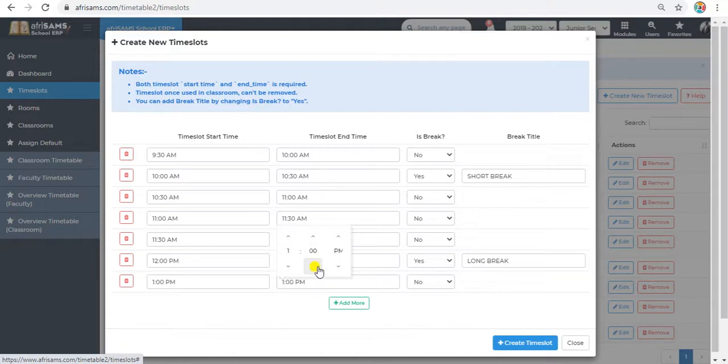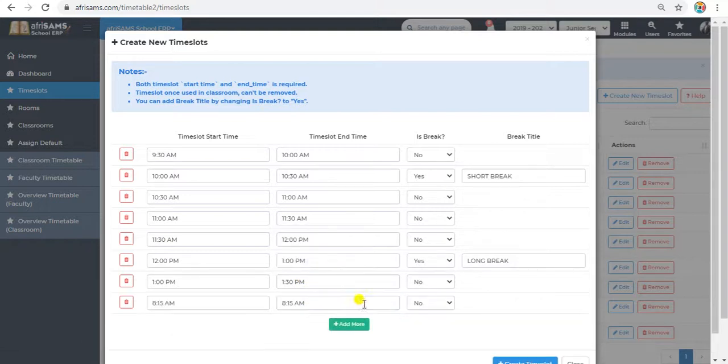Since your school schedule ends at 1:30 p.m., then the final one, for most basic schools, let's say this timetable. I'm assuming I'm doing it for primary school or secondary school. University or coaching centers might differ, so it doesn't really matter. So now we have our 1:30 p.m. to 2 p.m. class, which I assume is the final